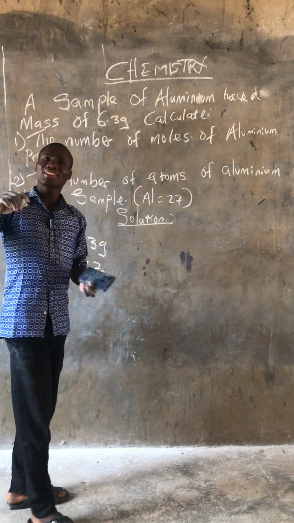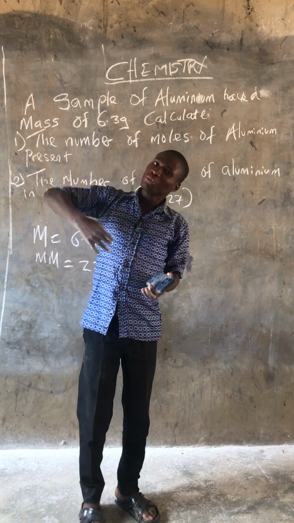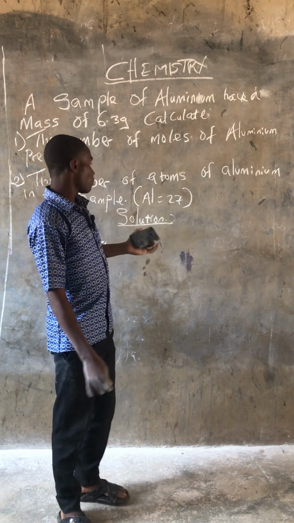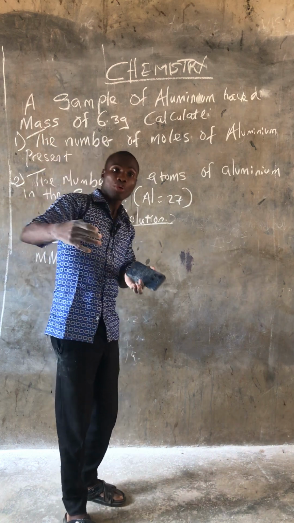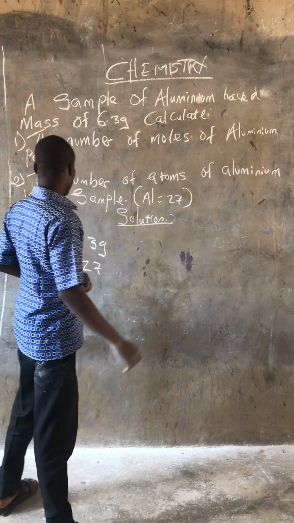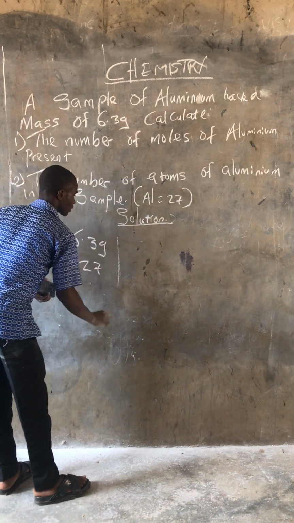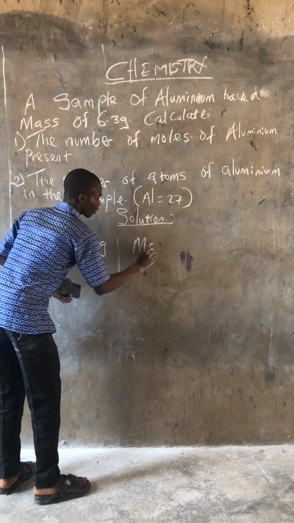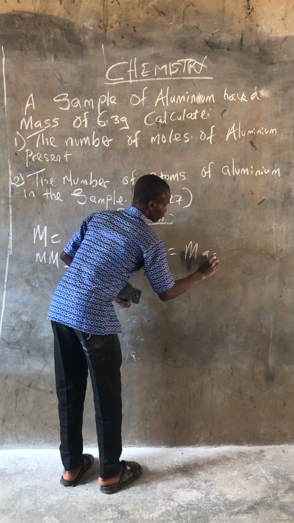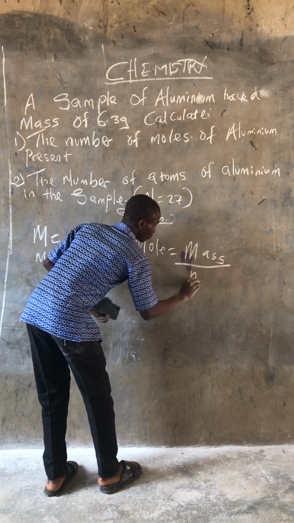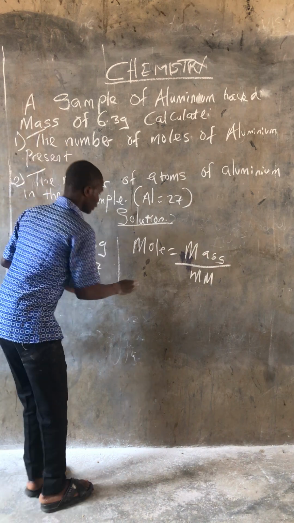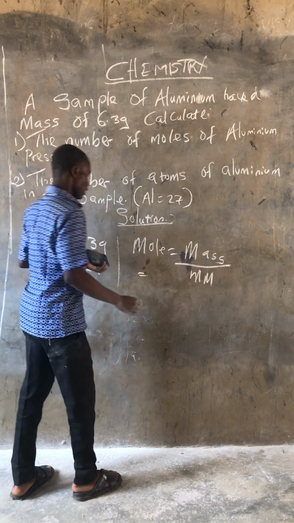To calculate the number of moles of aluminum present, we use the formula: mole is equal to mass over molar mass. So our mole is equal to mass over molar mass. Now to calculate the mole, we are given the mass, which is